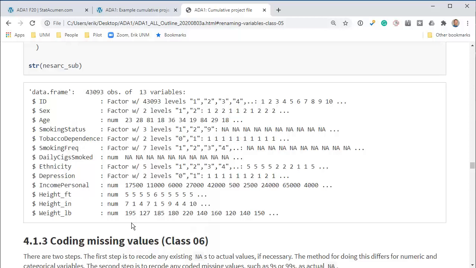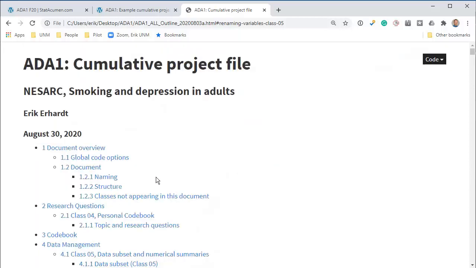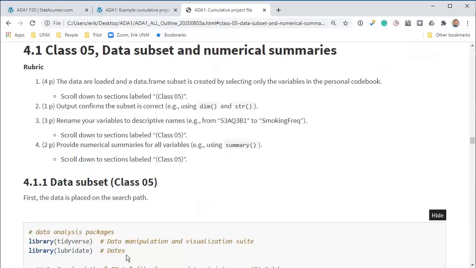Perfect. So we're almost done with this assignment. Let's go back up to the, if I press the home key, I'll jump up to the very top, and then I can click on class 5 to jump down to the rubric. So we've subsetted the data, we've renamed our variables, and now finally we just need to do the numerical summaries